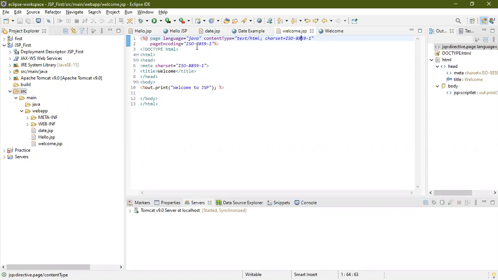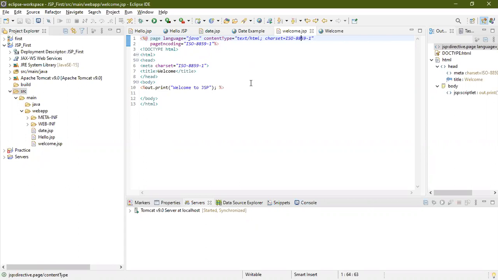This is a standard because, for example, you are developing some application and you are using one character set, and if another person is developing an application and they are using a different character set, it will be annoying while we are deploying the applications. So for that we have to use the standard character sets.